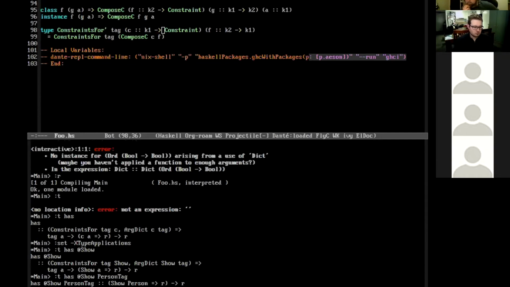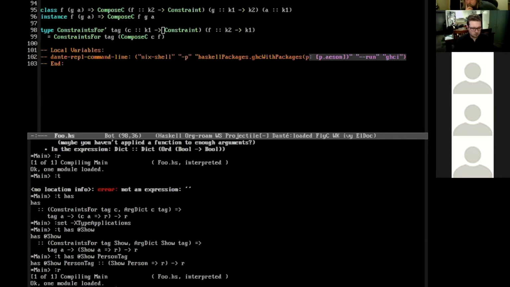So if I say what's the constraints prime for our tag type, show identity, it's going to ask for compose C show identity person and compose C show identity tag. And then when GHC goes to expand those instances, it'll ask for the show instance for show identity person.